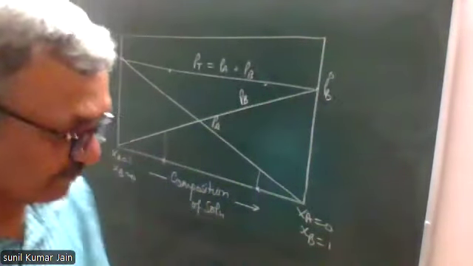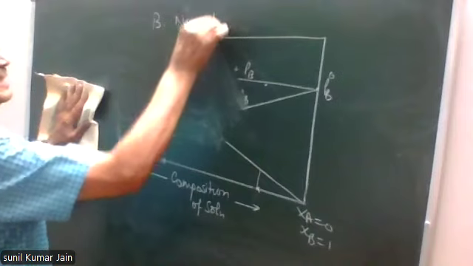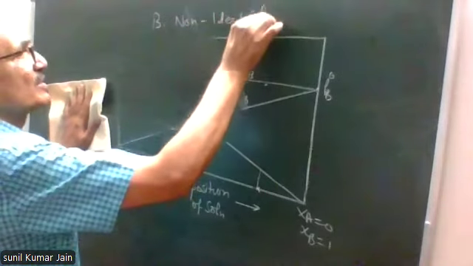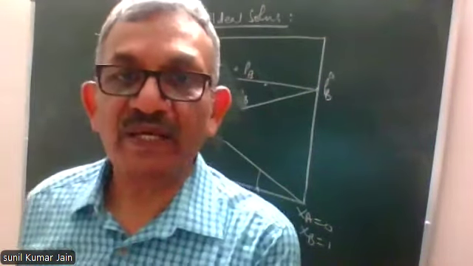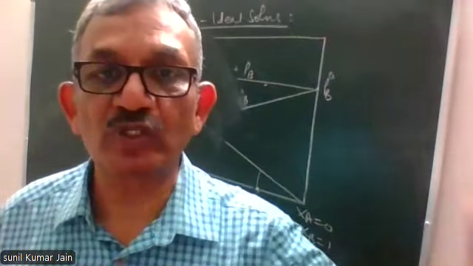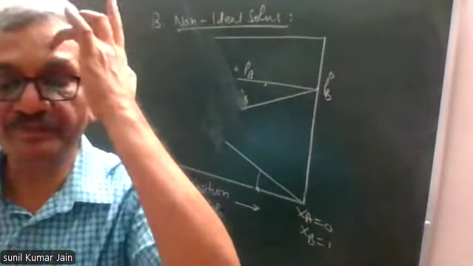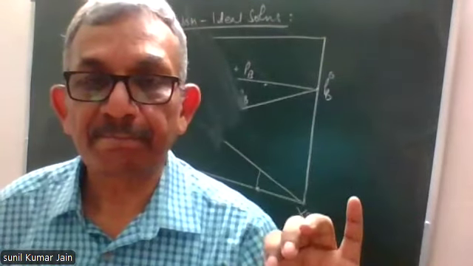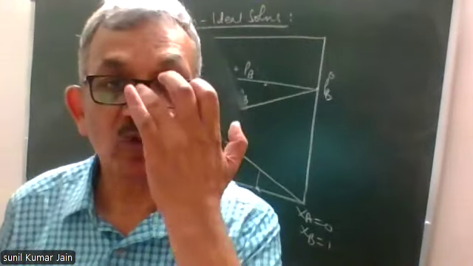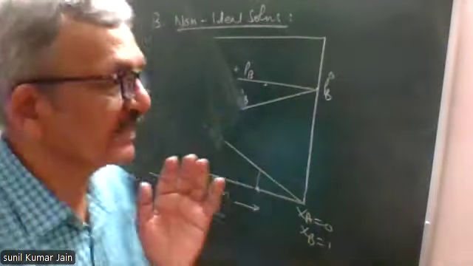Now, second part, non-ideal solutions. For quite some time, I'll be dictating directly. That will be opposite to what I dictated for ideal, which I've already explained. Non-ideal solutions are those which do not obey Raoult's law over the entire range of concentration,